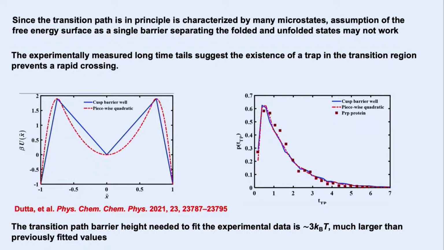Now, this suggested that roughness needs to be considered for transition path analysis, and that is what we are looking into. So, this is a potential that we use to include roughness, which is essentially an inverted parabola superimposed with an oscillatory cosine function. This kind of potential is not very new, or the first time that we have used it. Here, this kind of potential has been used by Mesler and co-workers to study the memoryless dynamics under open boundary conditions.